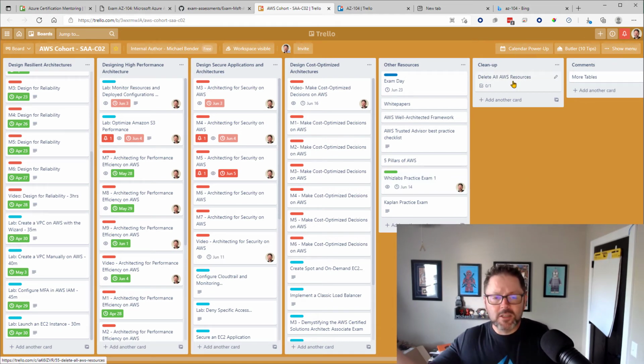One of my tools, and we're going to talk about this in a future discussion, is when I do hands-on, I like to just basically set up resources in the cloud and start playing with it. So that's what I'm doing with a lot of these courses on AWS: I've created an AWS subscription and I've got resources running out there. They're costing me money. So I put a card here to remind myself to delete these at the end, because I've been on the other end of this where I've forgotten about resources and end up having a bill and I'm like, why do I have a bill from AWS? Oh, I forgot to delete my resources from when I was studying. So it's just a reminder of that for me.